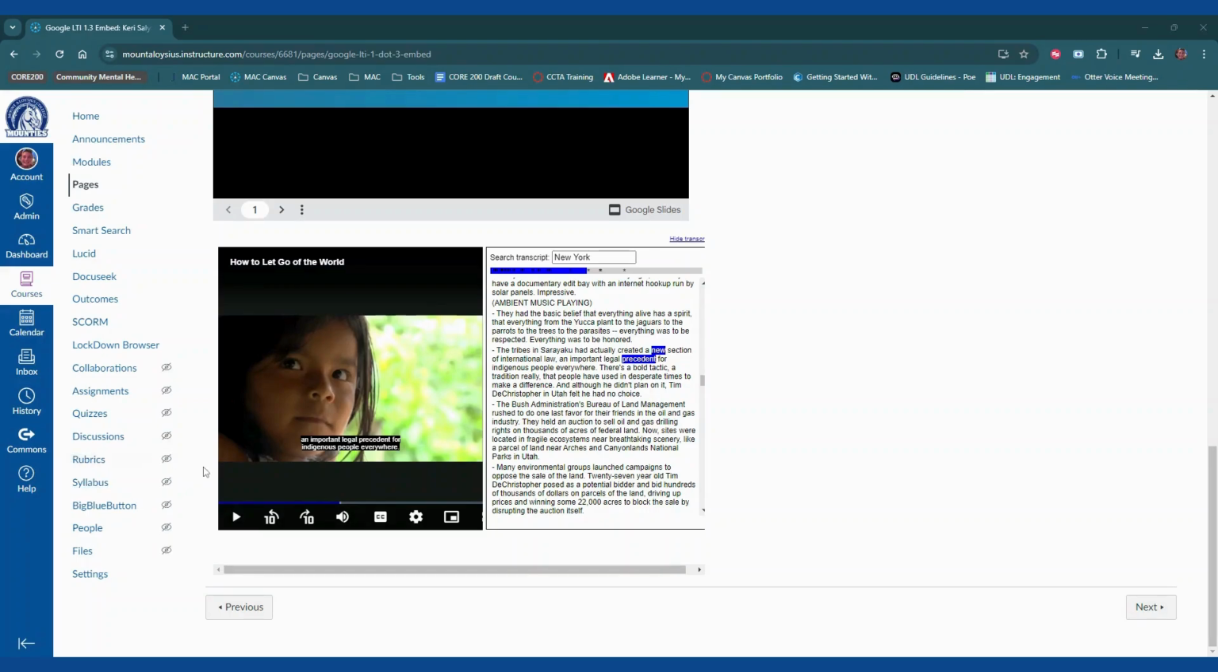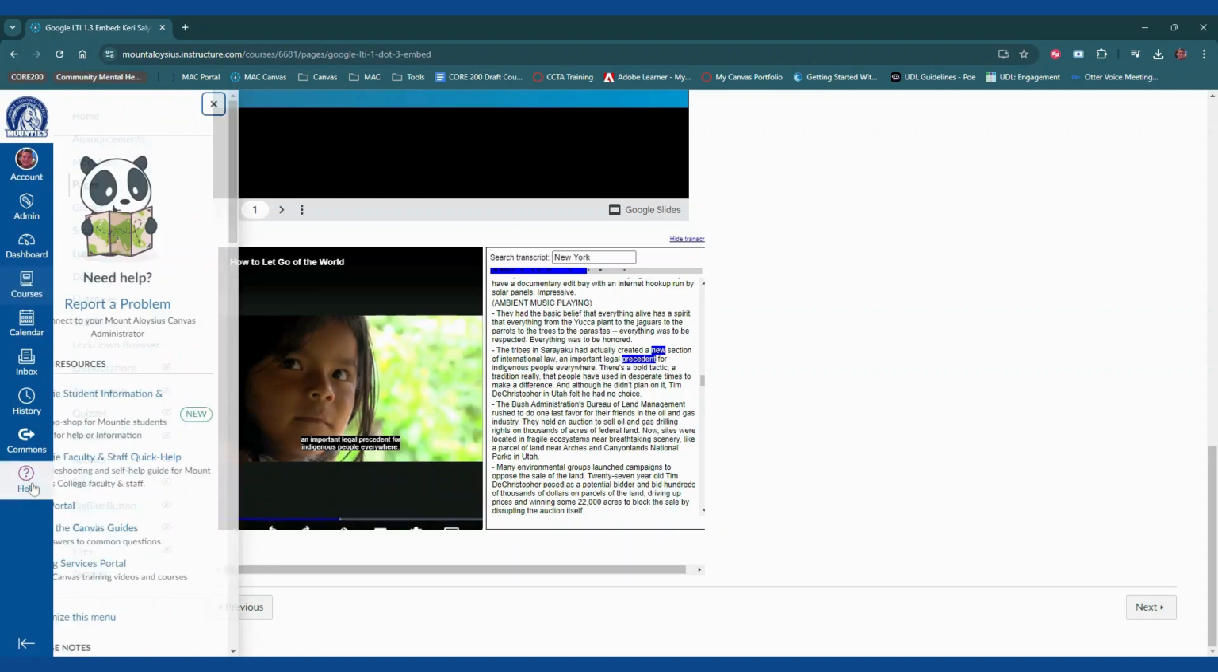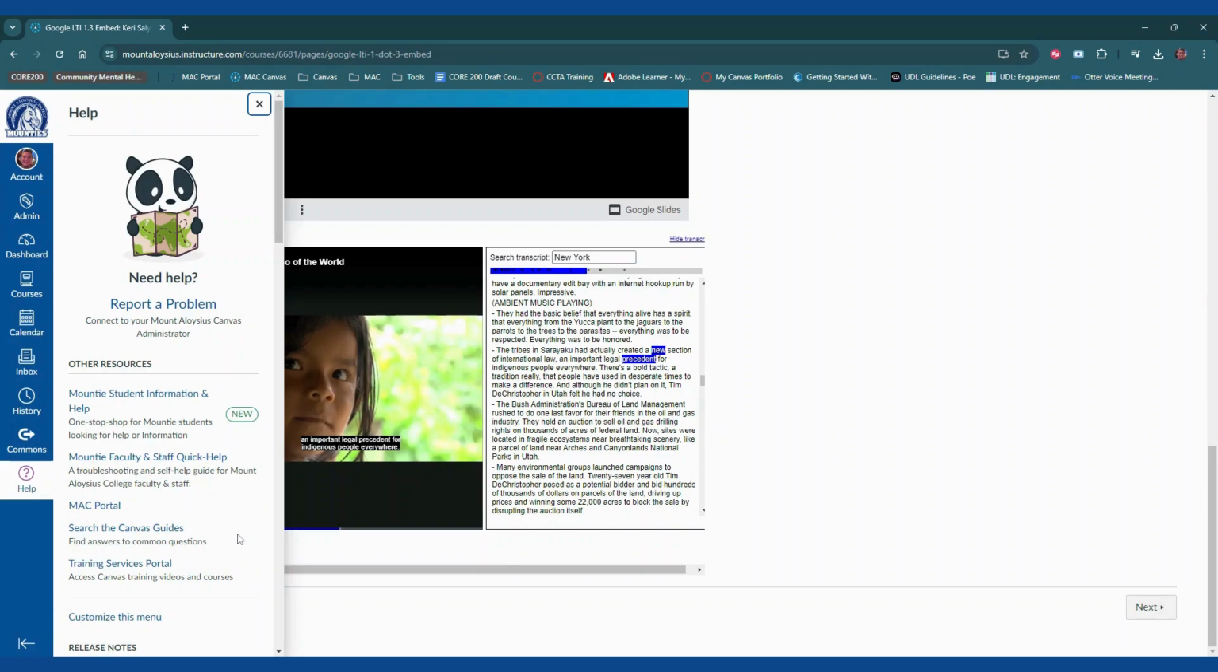The next new feature I'm going to show you all is the new student information and help page. So everybody has this nice big blue button in the bottom left of your global navigation on Canvas over here on the left that says Help. If you click on that, everybody is going to see slightly different things, but I have turned on this Mountie student information and help page for everyone. If we click on that,